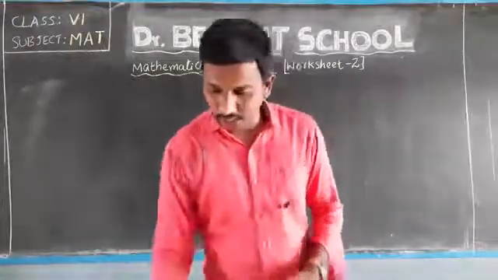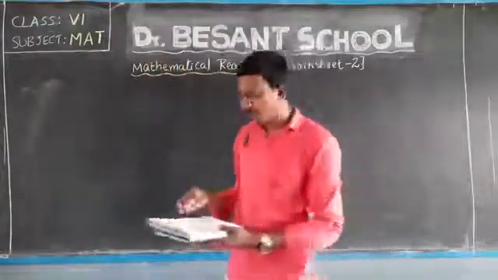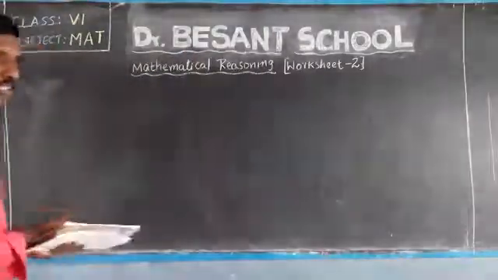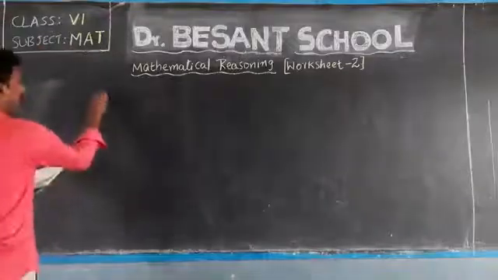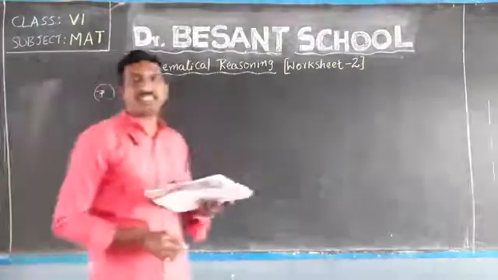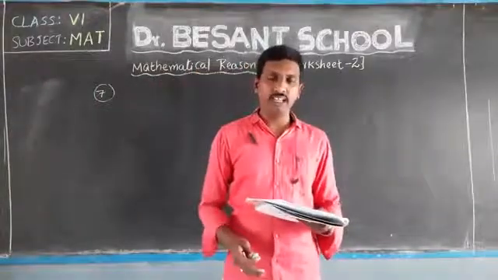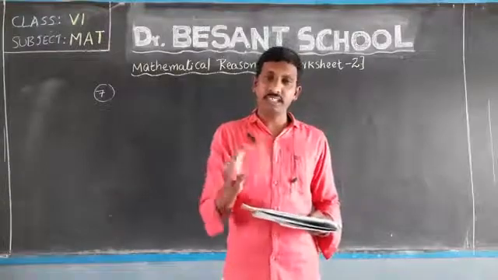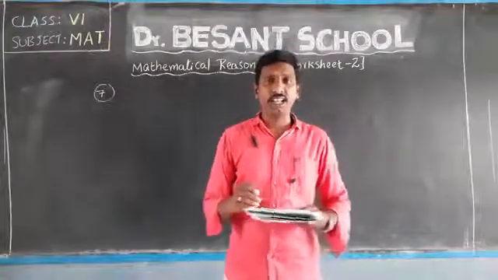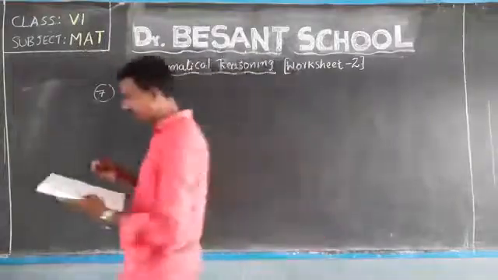Right. So now I am moving to question number 7 from worksheet 2 under the topic mathematical reasoning. So what is given in question number 7? Here given some instructions, again based on the DMAS rule only, but there we have to interchange the signs. Similarly, here also given some more interesting concepts.